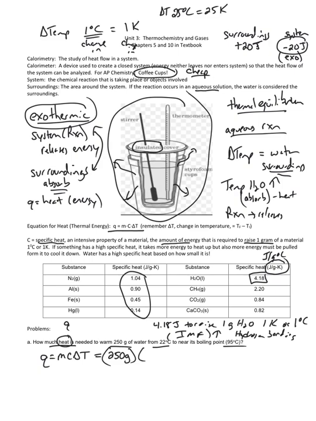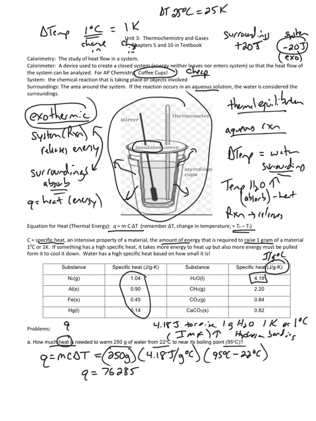The specific heat of water is given to us in the table, 4.18 joules per gram. Now we're in Celsius, so I'm going to use Celsius here so that it cancels, because again, it's a change in temperature. And then don't forget, to do a change in temperature, it must always be final minus initial. So 95 degrees Celsius minus 22. Now you could figure out what the Kelvin temperature for each of these is and subtract, but it's pointless to do so because a Celsius change in temperature is equivalent to a Kelvin change. So now I'm just going to punch it into my calculator, and I get a q value of